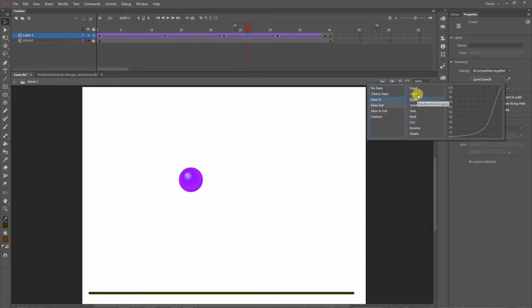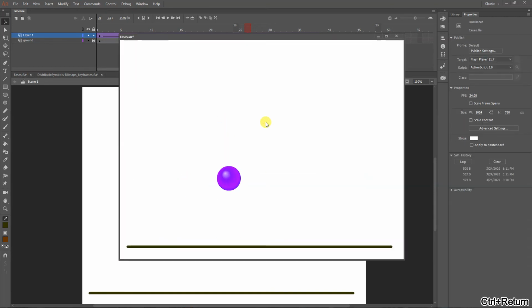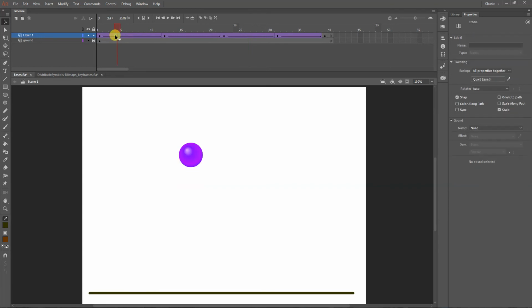There it is. Still kind of mechanical. I would need to figure out exactly where I want things to go because, and I'm not going to waste you guys' time with this, but the idea here is that you can tell the computer to go through things and not be linear about it. If you don't put any kind of ease on, it's going to be perfectly linear, which means it just goes back and forth, and we definitely don't want that.